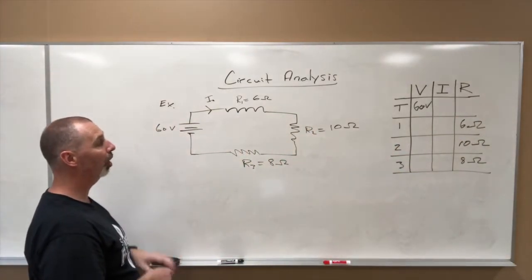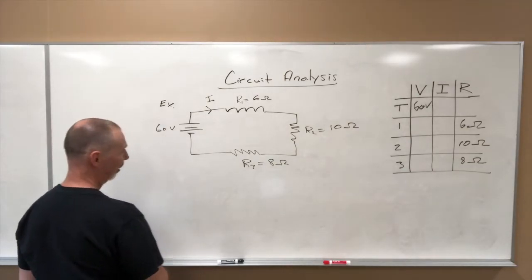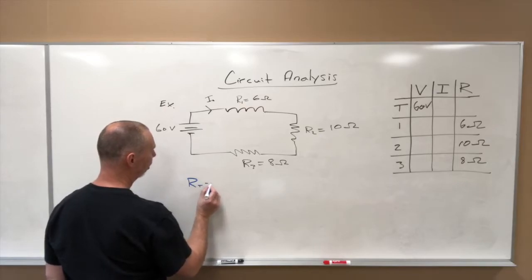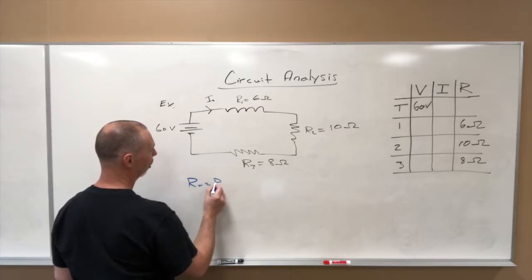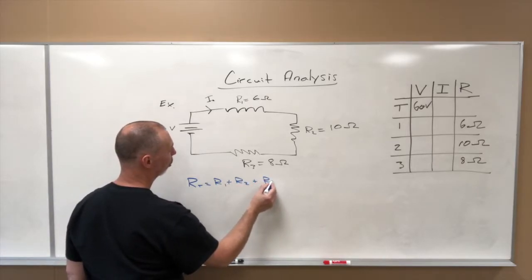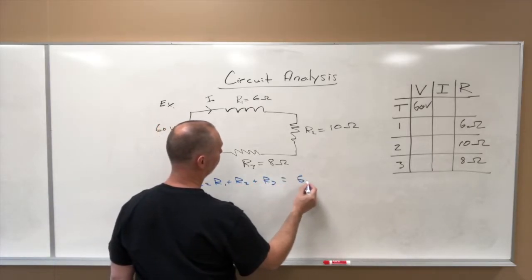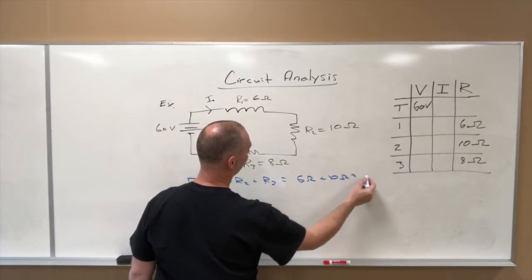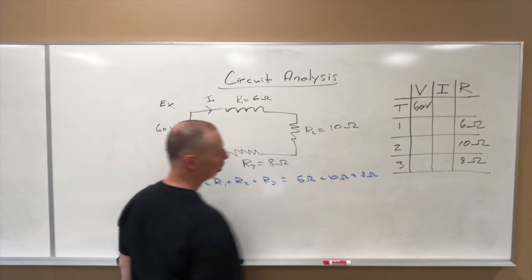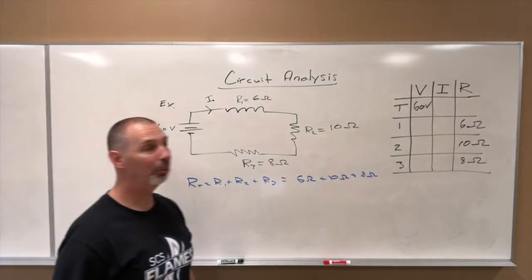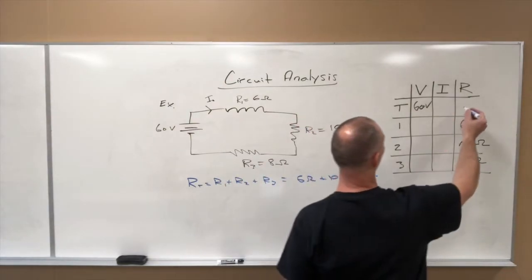We know how to do that. You don't have to write this out, because it's just adding, but it's a good idea to always show your work anyway. So RT is simply R1 plus R2 plus R3, or 6 ohms plus 10 ohms plus 8 ohms. And if we do our mental math properly, you can add those numbers, we get 24 ohms